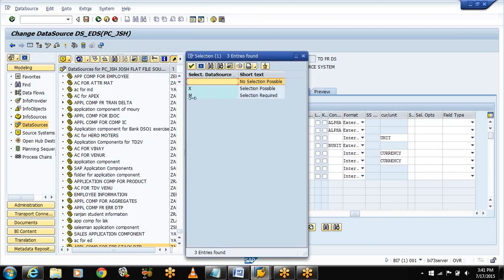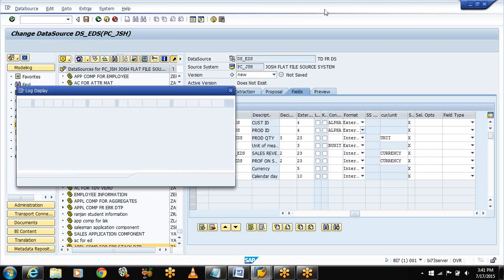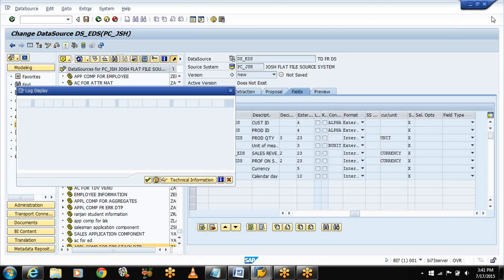M indicates selection required. Select X to enable data selection at loading time. Okay, now select activate. Continue with the messages.